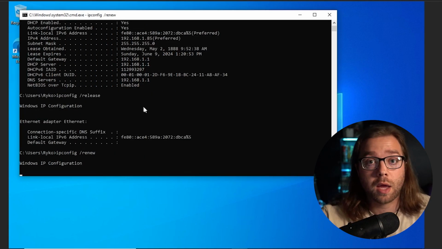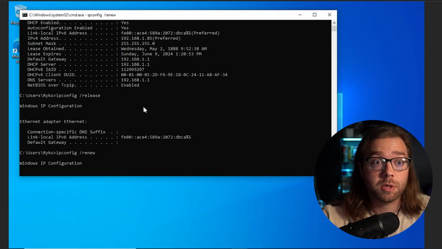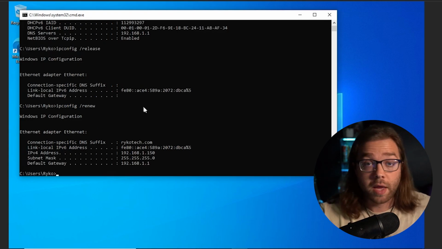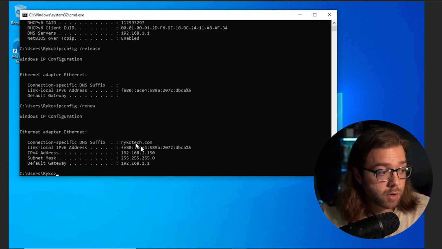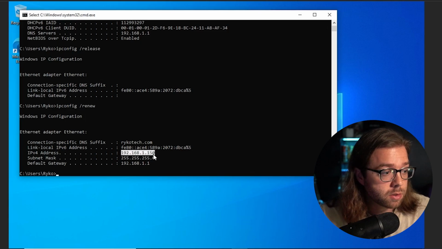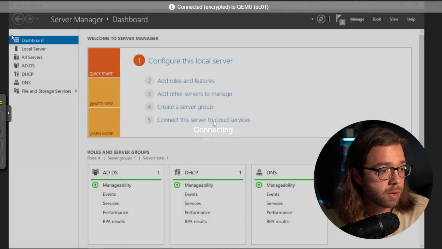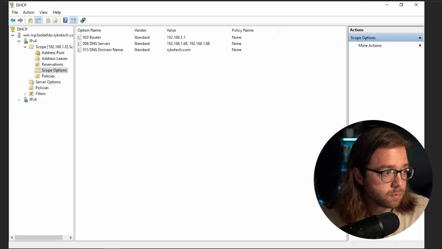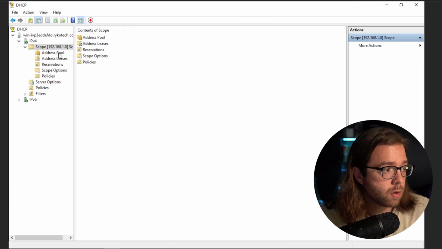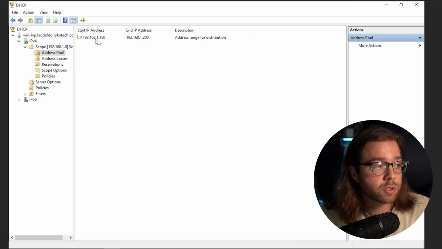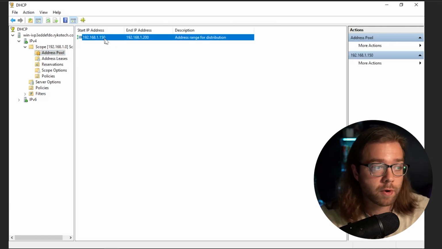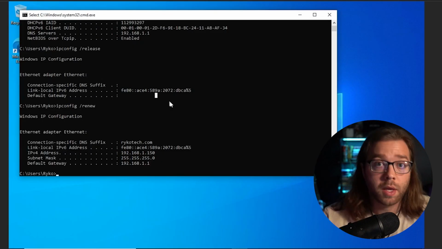And then the renew command will get a new IP address. And this is going to take the IP address from my DHCP server that we set up together. And that's really it. As you can see right here, the IP address starts with a .150, and I can show you really quick our domain controller, our scope here. The address starts with 150, so I got the very first address in this list. And that's it for the quick